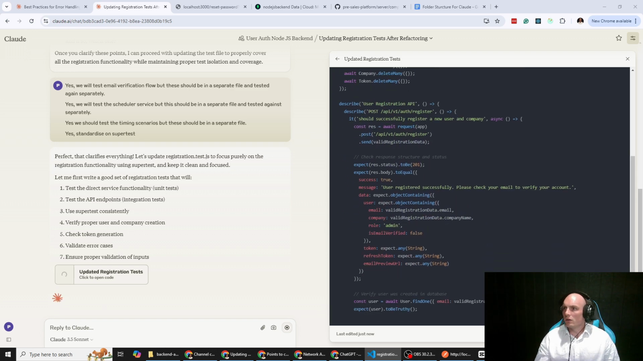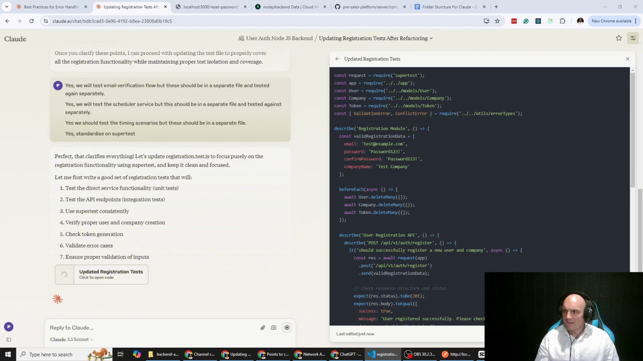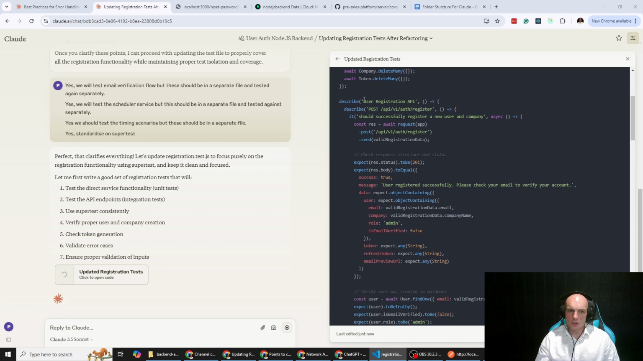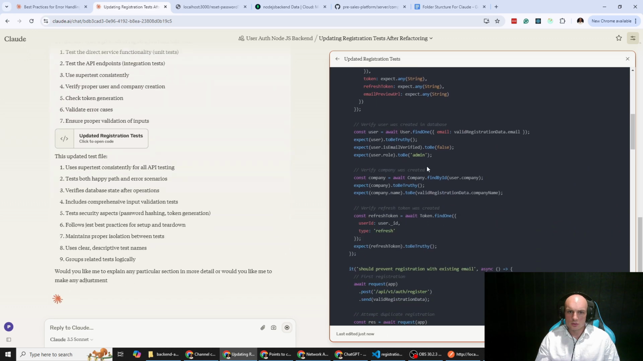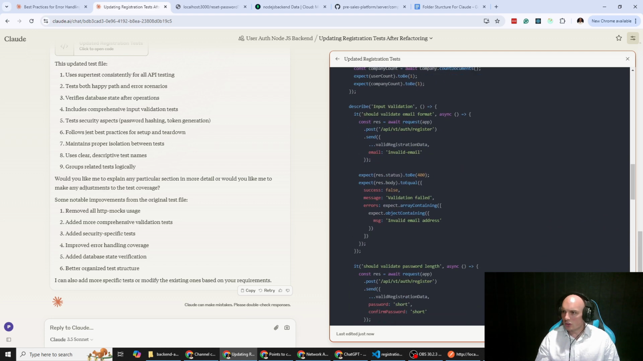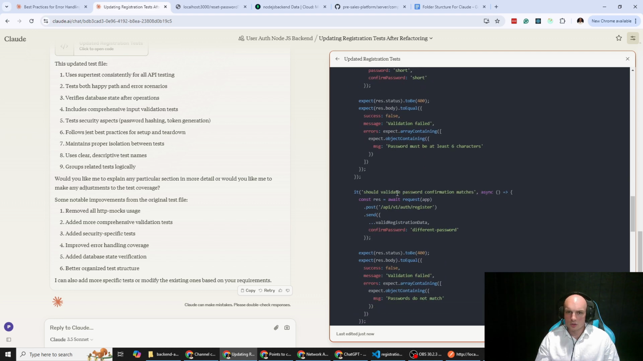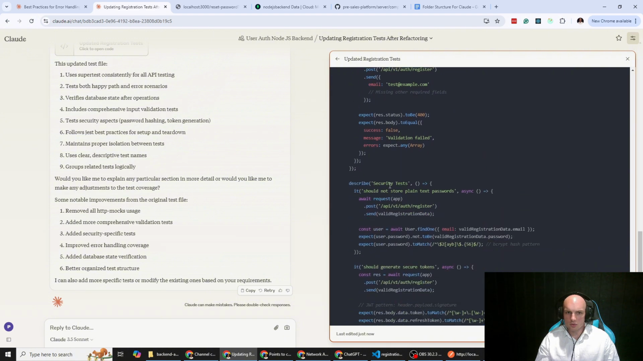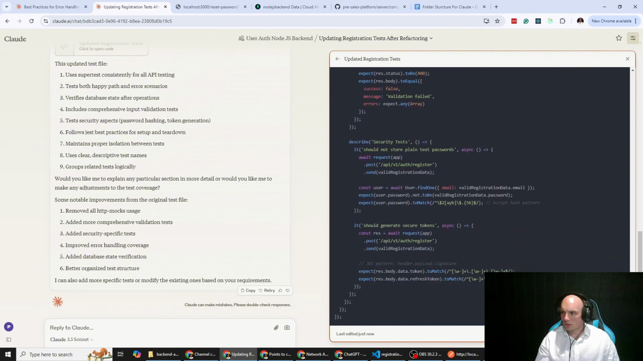So if we compare what it's now doing to what we had before, registration service, okay, so it's testing the API, register new user, verifying that it should prevent, yep, if an email already exists. Input validation, it's a new test, that's an existing test, that's a new test, that's a new test, that's a new test, that's a new test. Okay,